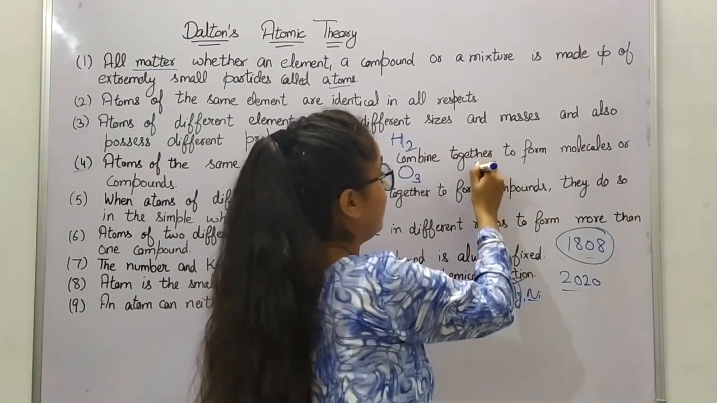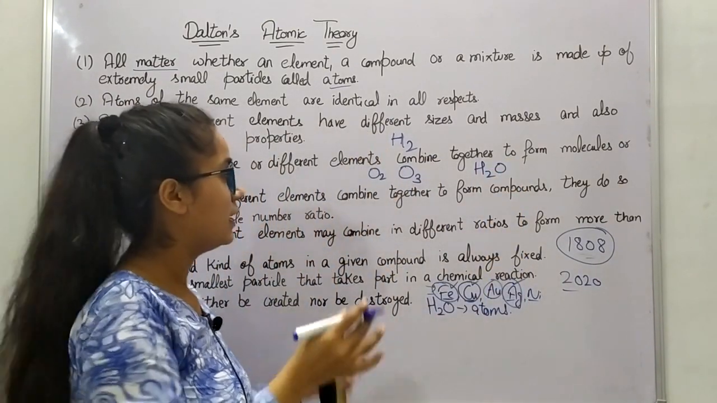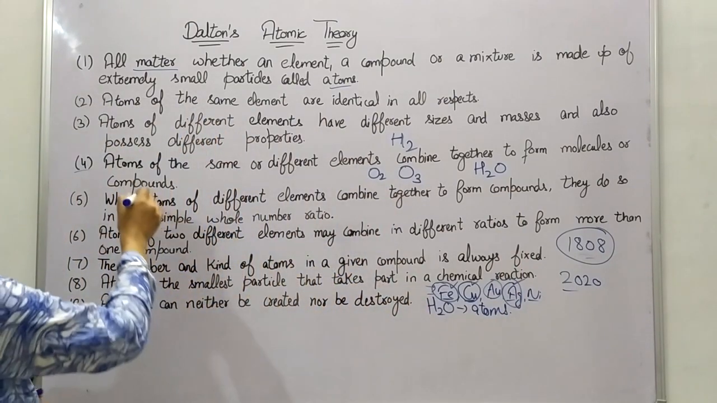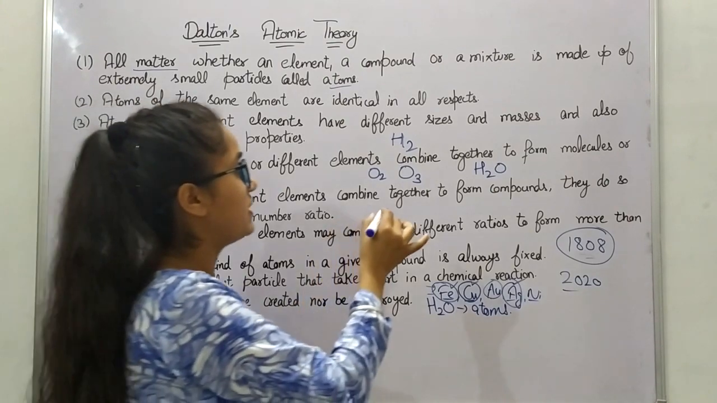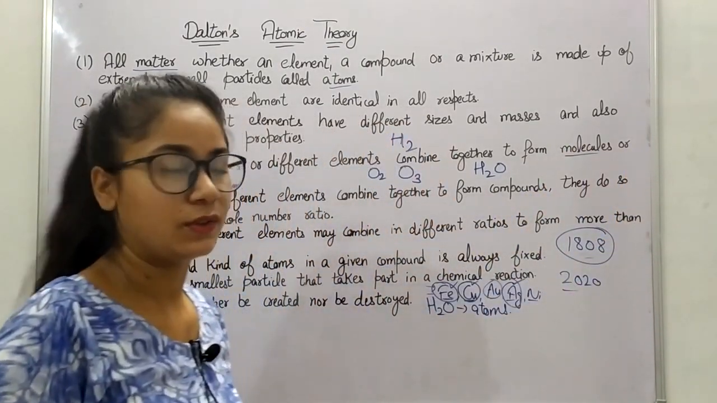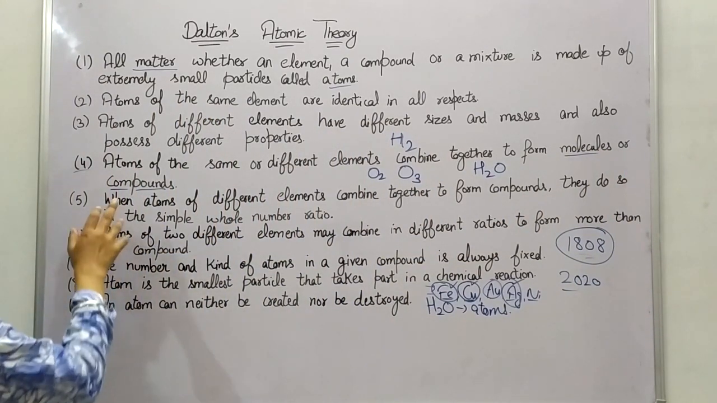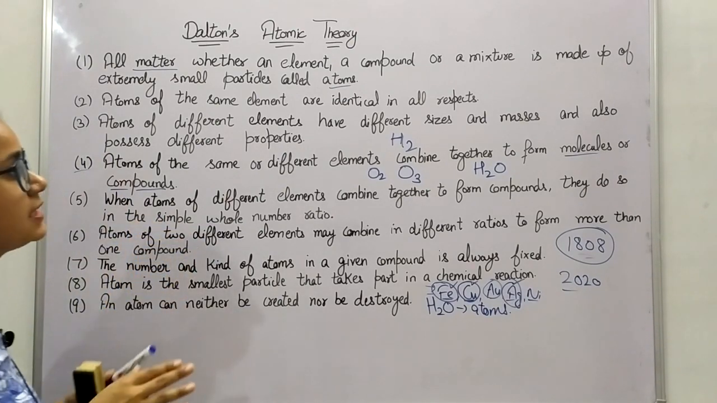Well, we can take the example of water. Atoms of hydrogen and oxygen combine to form a compound. But atoms of the same elements combine to form molecules. Okay. Then comes the fifth point, in which Dalton has said, when atoms of different elements combine